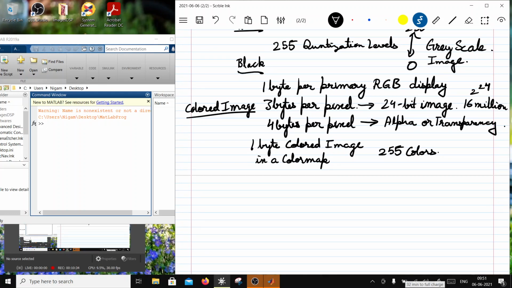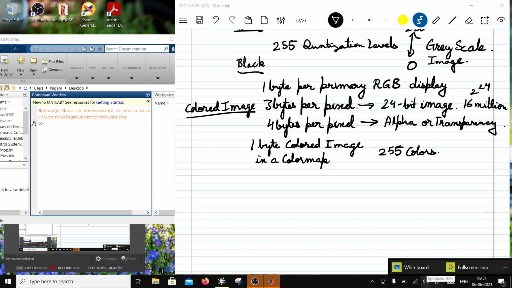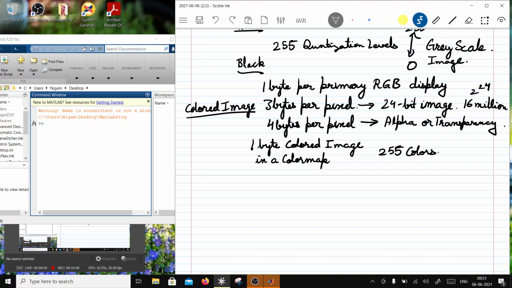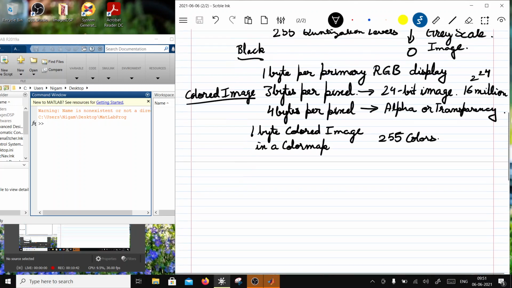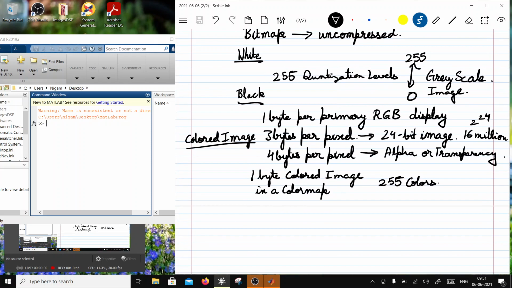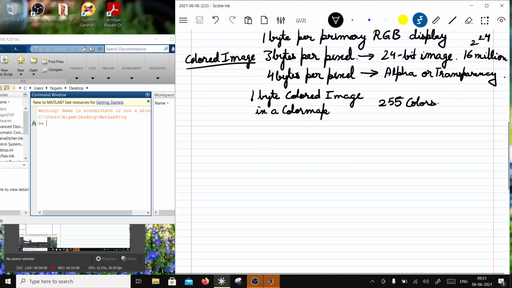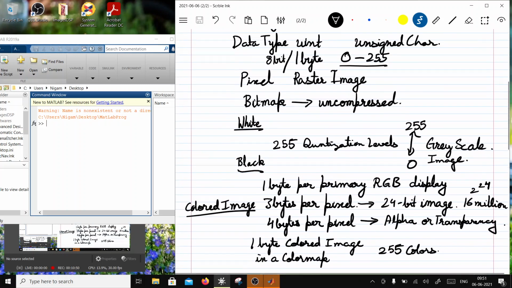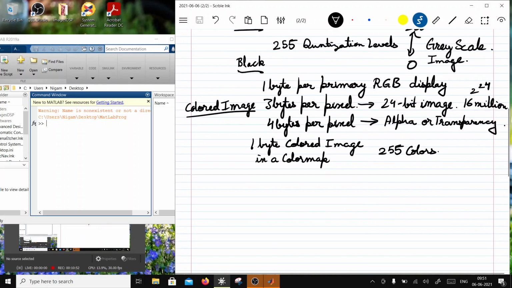So whenever I refer to a value, I will look it up in the color map and see what color it is. So the color map would store the colors. That's how an 8-bit or 1 byte image is possible.